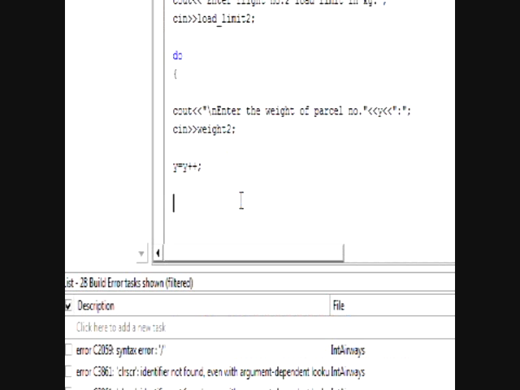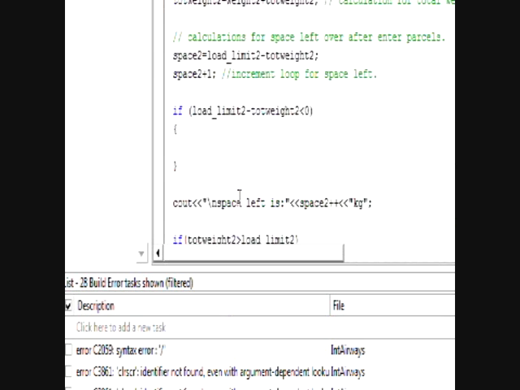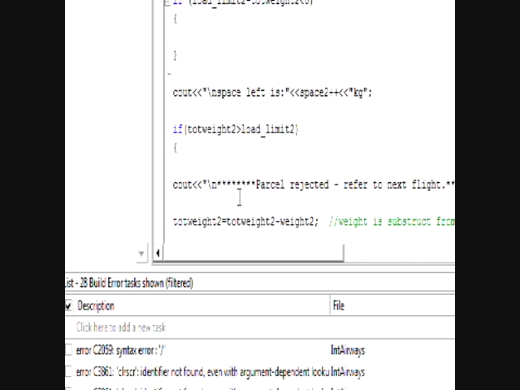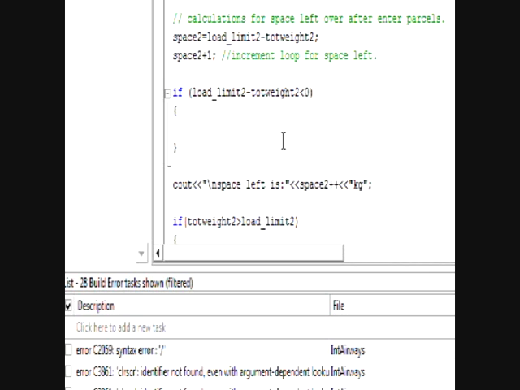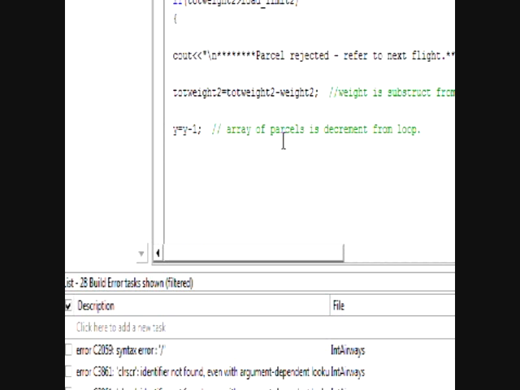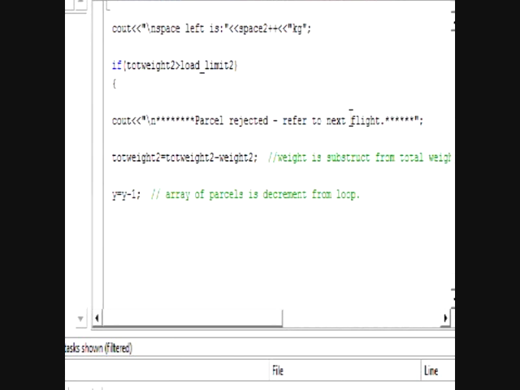Okay, so it would keep on looping just like flight number 2 until, as I already mentioned, y is decremented if the total weight of the parcels is over the limit of the load of the flight. Then we want to reject it and refer it to the next flight, and then subtract